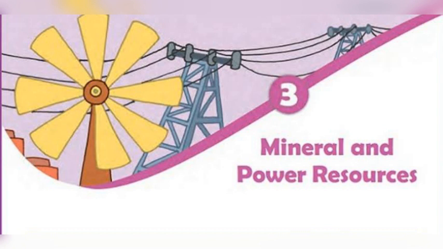Nuclear power. Nuclear power is obtained from energy stored in the nuclei of atoms of naturally occurring radioactive elements like uranium and thorium. These fuels undergo nuclear fission in nuclear reactors and emit power. The greatest producers of nuclear power are USA and Europe. In India, Rajasthan and Jharkhand have large deposits of uranium. Thorium is found in large quantities in the monazite sands of Kerala. The nuclear power stations in India are located in Kalpakkam in Tamil Nadu, Tarapur in Maharashtra, Rana Pratap Sagar near Kota in Rajasthan, Narora in Uttar Pradesh, and Kaiga in Karnataka.